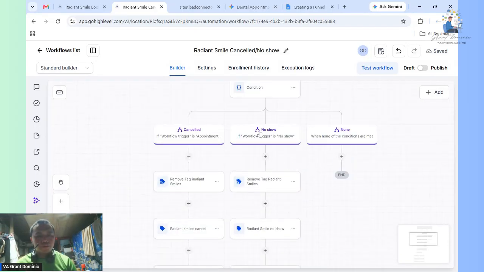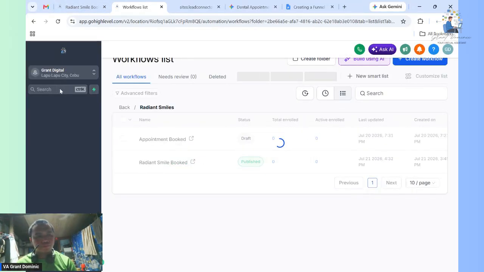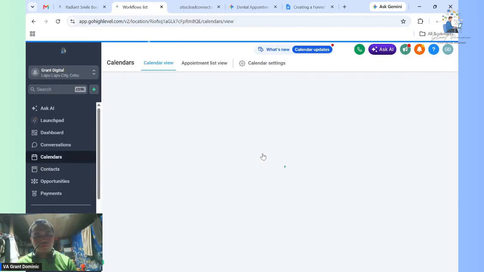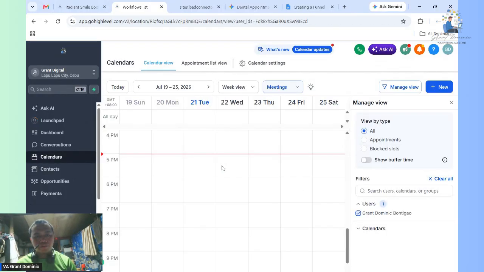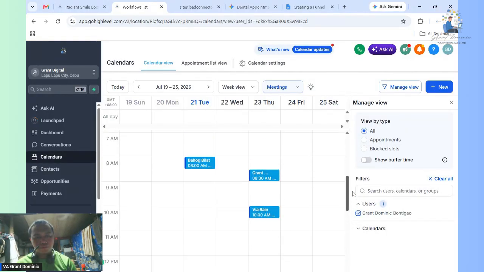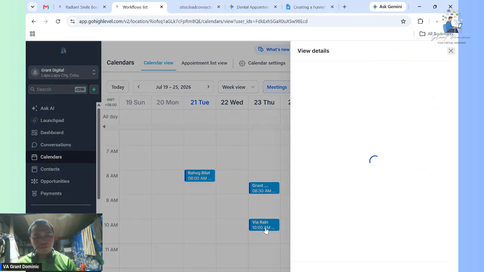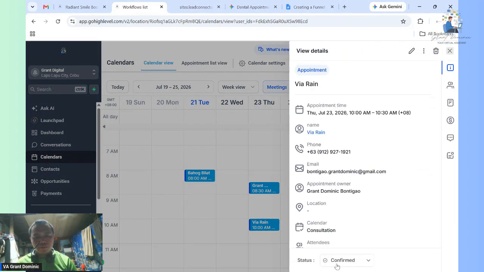So the doctor side is to monitor in the calendar. For example, this one. They will click here the status. Just one click only.